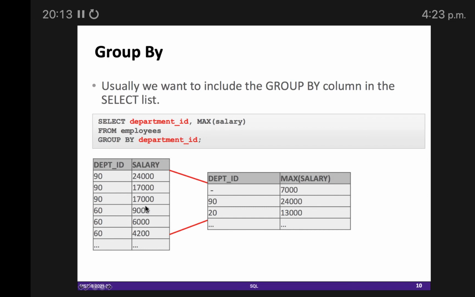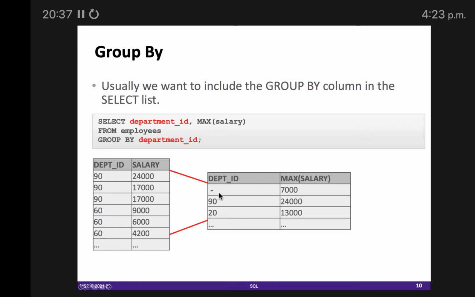Now instead of this, we are getting a summary of that: in department ID 90, the maximum salary is 24,000, and there is one person who has a null value. This dash means null in the database. Okay, unknown. It means that no department is assigned to him.